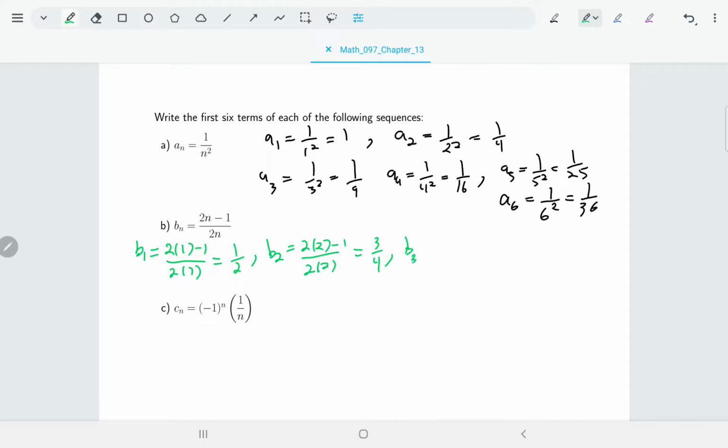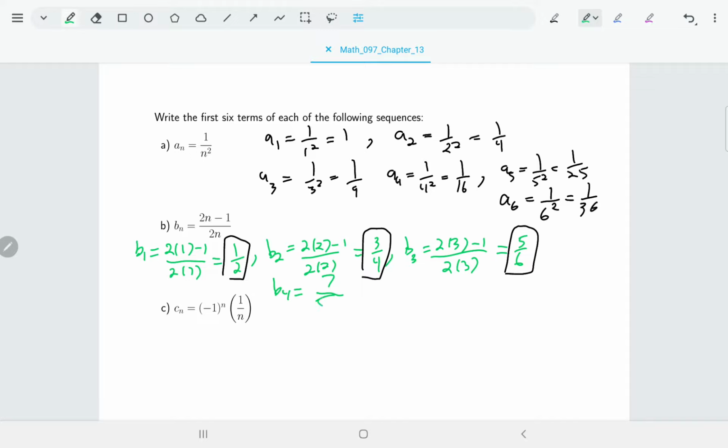One of the nice things about sequences is that we might start to notice a pattern, and so after we've done a couple of these, we might be able to see what the pattern is so that I don't have to keep doing all of these calculations. So once I've gotten to b3 and I find that b3 is 5/6, I might notice that for the numbers in my sequence, I've got 1/2, 3/4, 5/6. I notice that the denominator is going up by 2 each time, and the numerator is also going up by 2 each time. So without having to do extra work, I can now say, well, b4 should be